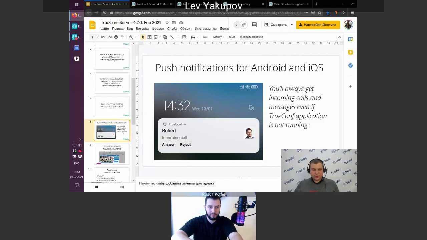So if you try to call someone, your TrueConf server instance tries to reach our registration server, and then our registration server sends a request to Google and Apple push servers about your request to reach the specific user. And if it is successful, the user receives the notification, which allows him to answer or reject your call or receive your message. So now it is possible to reach people who are offline.